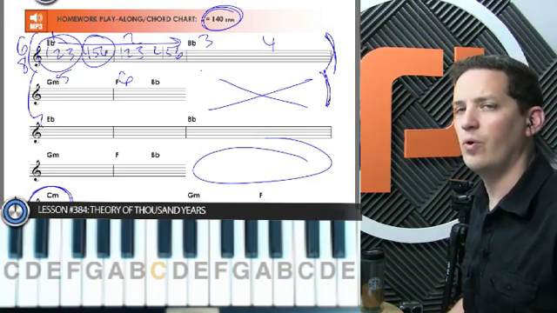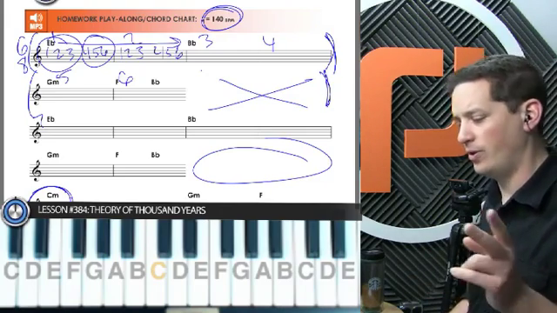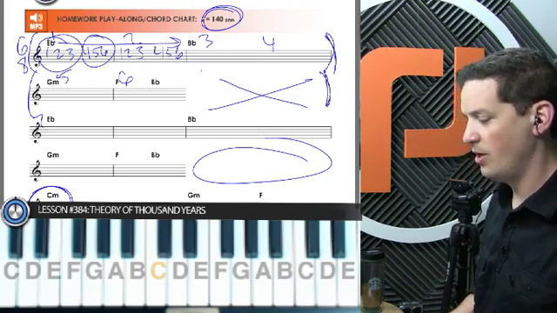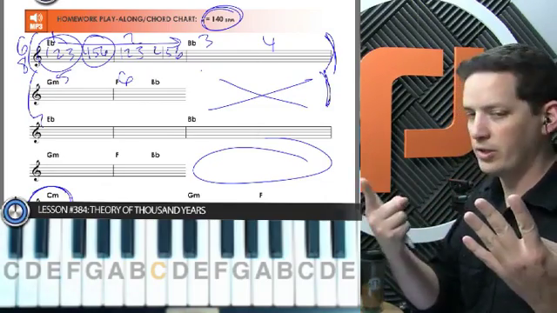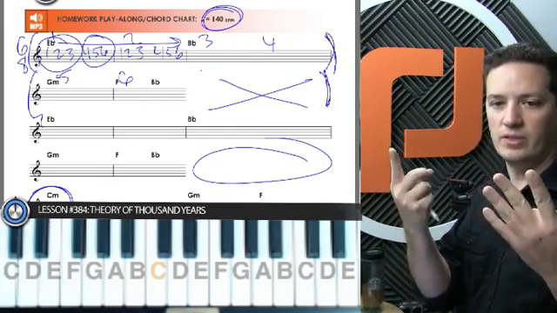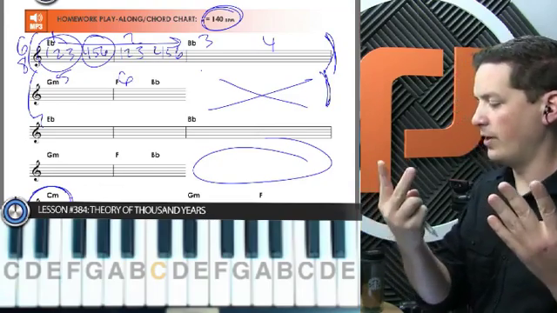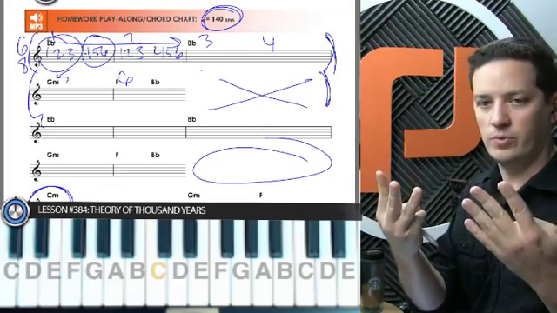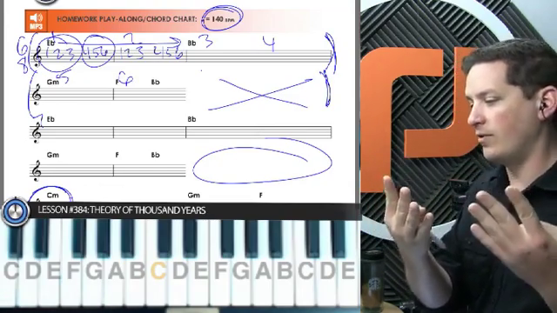1, 2, 3, 4, 5, 6, 1, 2, 3, 4, 5, 6, 1. So this is the 4th measure. 1, 2, 3, 4, 5, 6. So this one all feels normal. We're gonna have a set of 8 bars, which is divisible by 4, and then it feels right to do